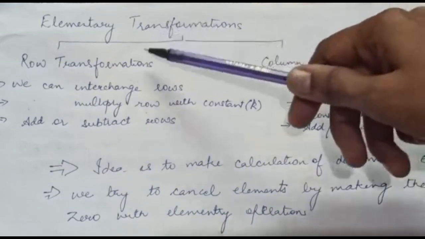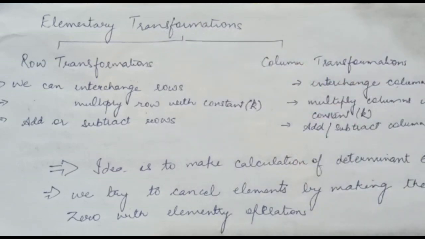So these transformations are based on the properties of determinants that have been discussed in the earlier videos. There we have seen when we calculate the determinant from any row or any column, its value does not change. Even when we just interchange the rows and columns, the value of the determinant does not change, except by changing the signs in certain cases.